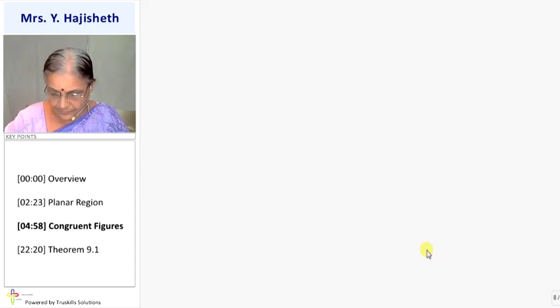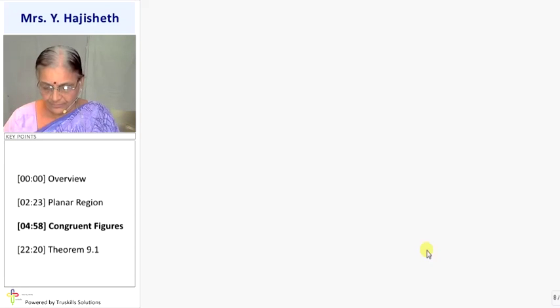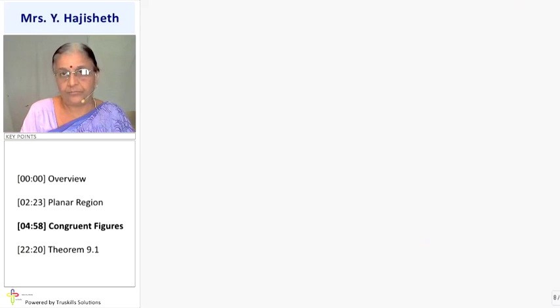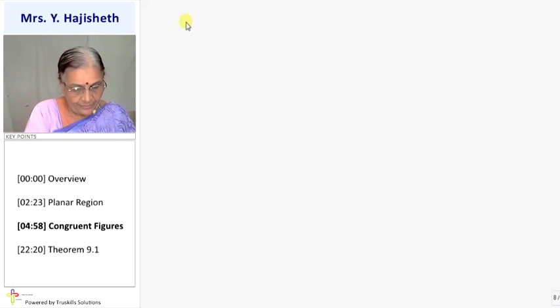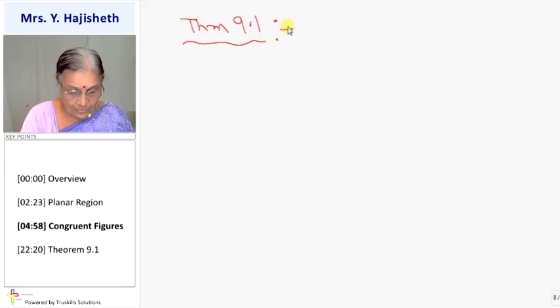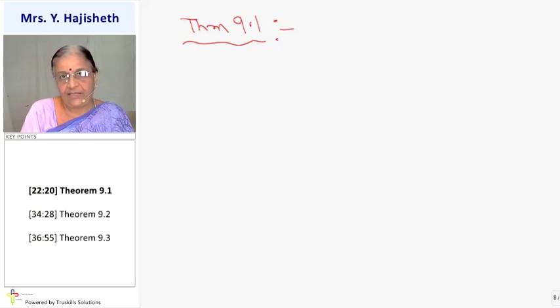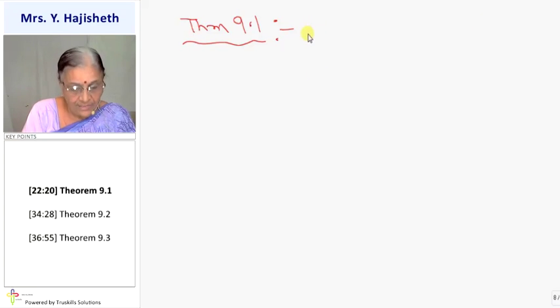Now see theorem 9.1. Theorem 9.1 gives you the relation between the areas of two parallelograms on the same base and between the same parallels. Then they are always equal in area. Theorem 9.1, the statement is